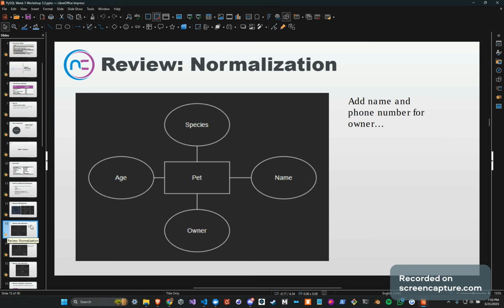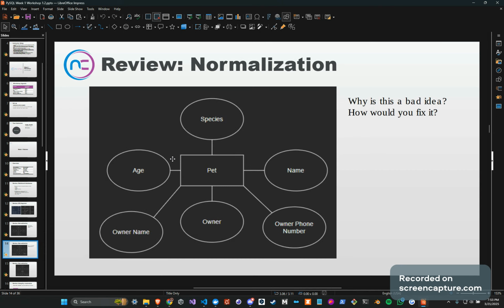So you guys are already familiar with this example. We want to create a database for a veterinarian clinic. So what is the first piece of data that we want to track? Probably the pets. So we create a pets table right here, and it's also going to have some attributes like age, species, name, and owner. This looks fine as it is right now, but problems start to pop up when we actually go and add